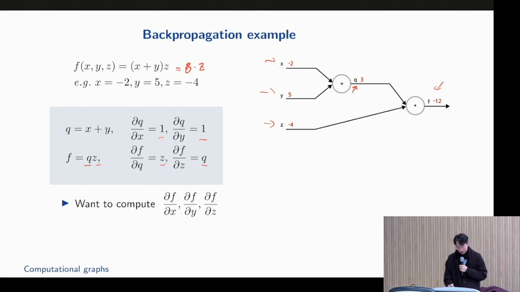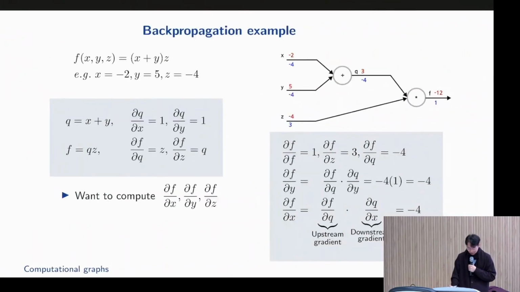So to do that, we're going to start from the right. For the forward pass, we go left to right. For the backward pass, we go from right to left. Forward pass: q is x plus y, that's going to be 3. And f is q times z, so q is 3, z is -4, that's -12. So that's the forward pass. And backward pass,